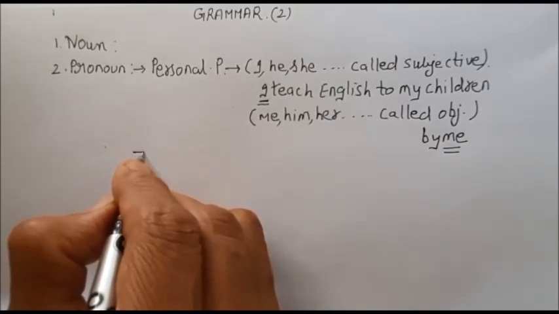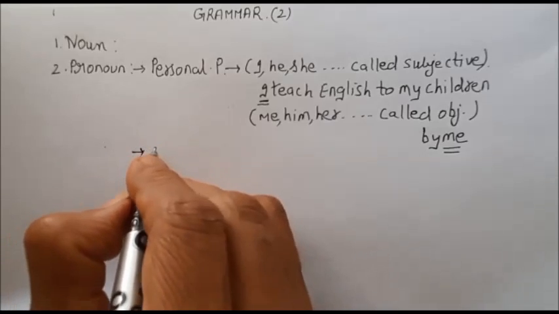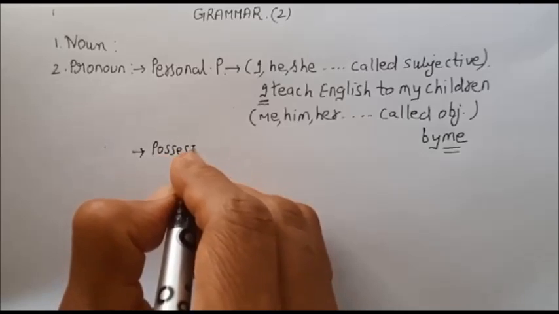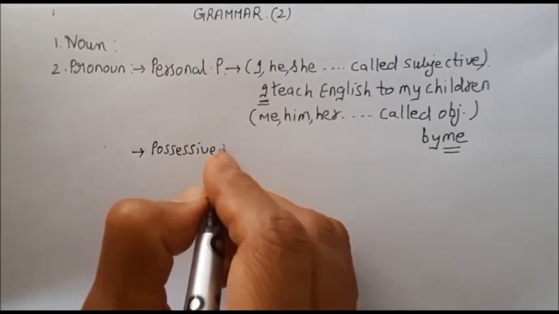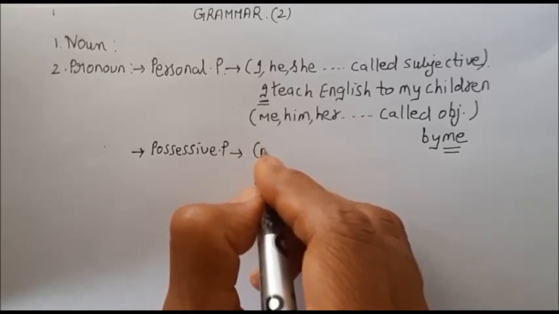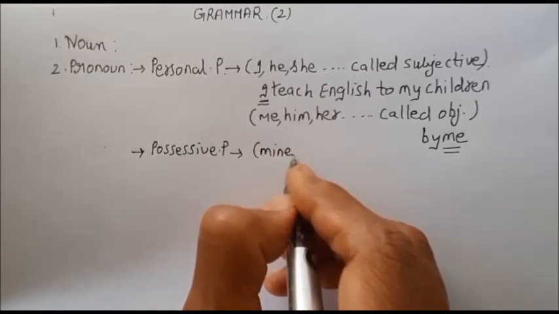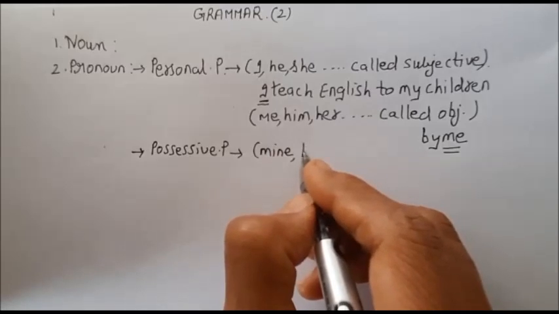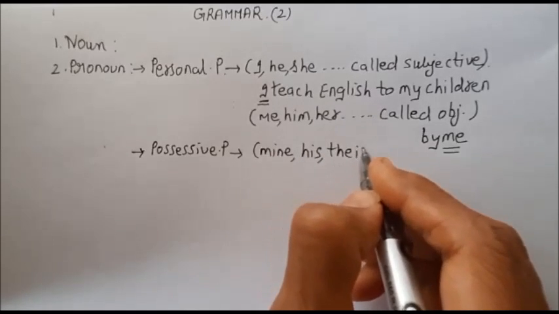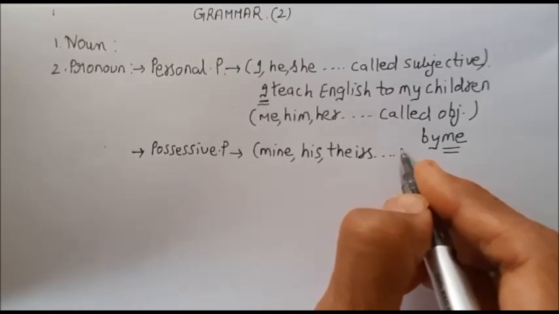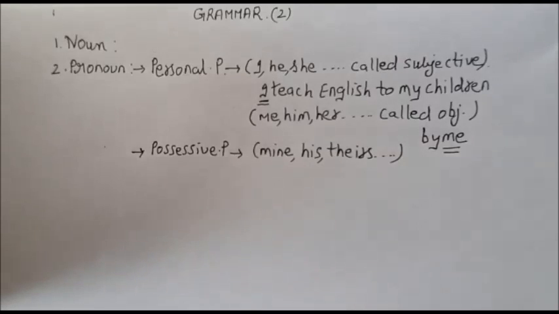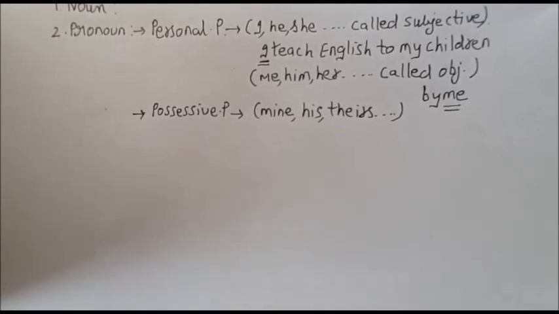The other type of pronoun is possessive pronoun. What do you mean by possessive pronoun? So that is, we can use the words like mine, or you can say his, you can say theirs. These are all termed as possessive pronoun. Now as we move ahead, let me tell you about a few other types of pronoun,